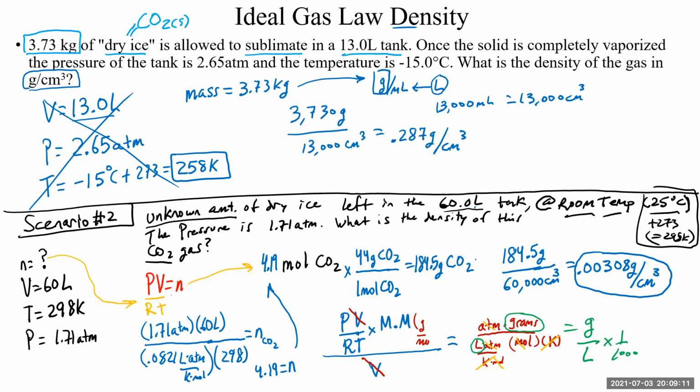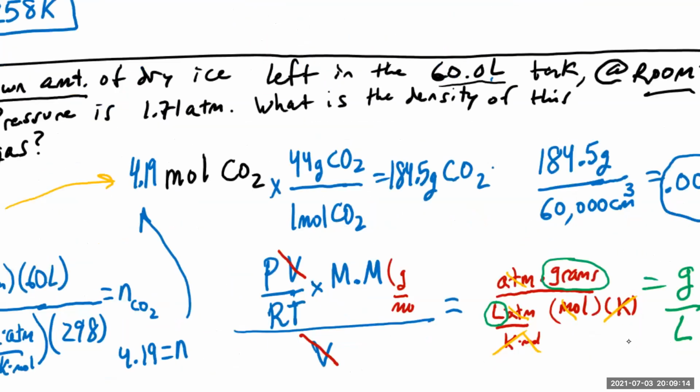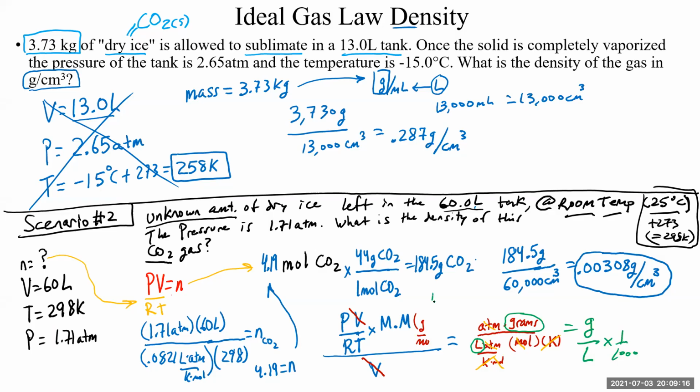So if you really wanted to simplify this so that you can always get grams per milliliter, it's, excuse me, it's not 1,000 P, it's P times molar mass over 1,000 RT. And that's your grams per milliliter. If you ever really wanted to, if you want some kind of a formula. I do not recommend that necessarily.